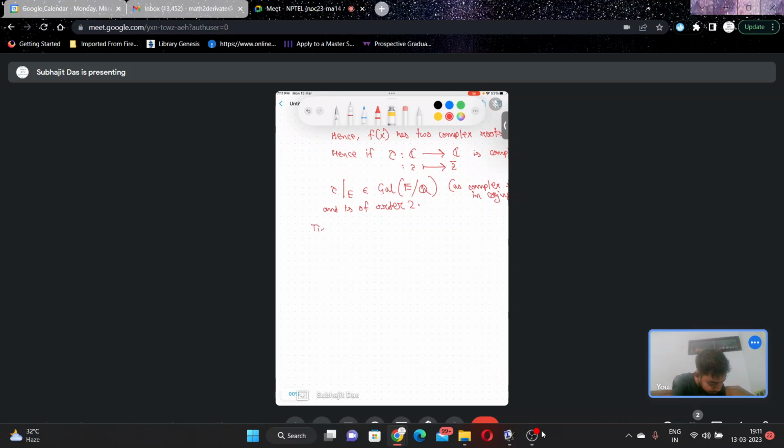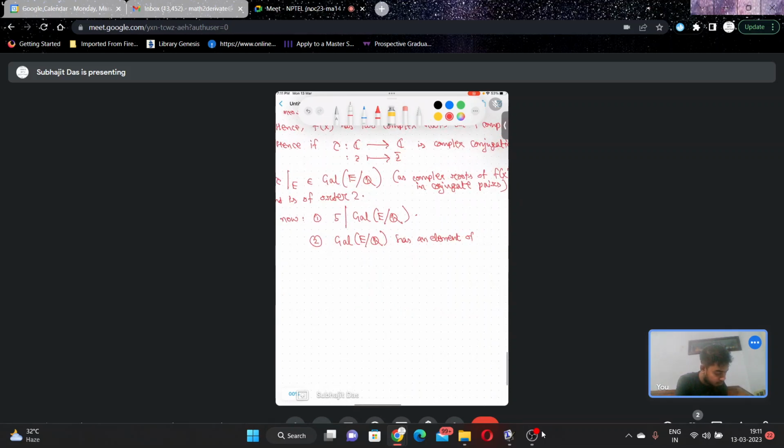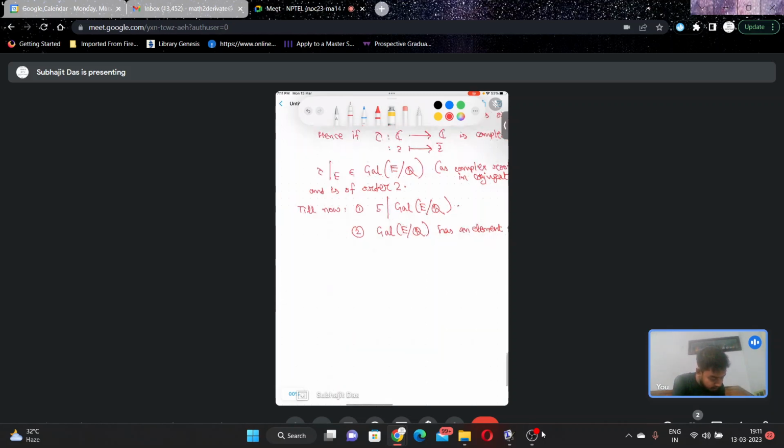So till now we know, number 1, 5 divides the order of the Galois group of E over Q. Number 2, that the Galois group of E over Q has an element of order 2. Right? And number 3 is this, that since we have a separable polynomial of degree n, hence the Galois group